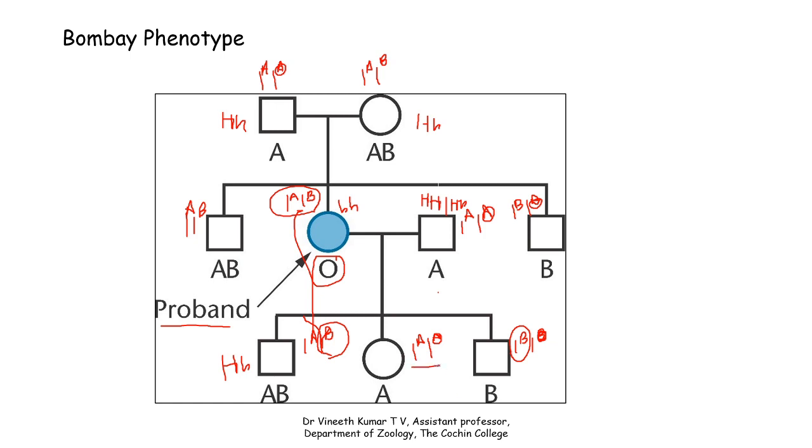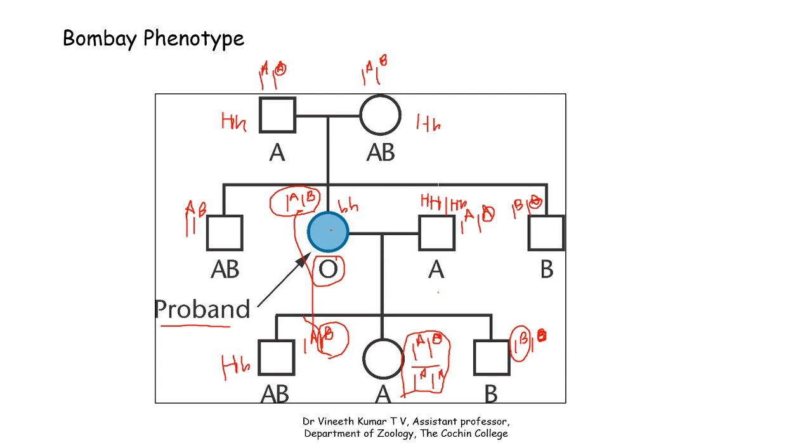So this individual's blood group can be either IA, or, okay, this is a possibility for the A blood group individual, so it has nothing to do with this. I just gave the possibility for that. So this is how some parental issues are resolved. This is just an example so that you remember how the Bombay phenotype is inherited and how it can be identified. With this, we come to the end of our discussion on multiple alleles.